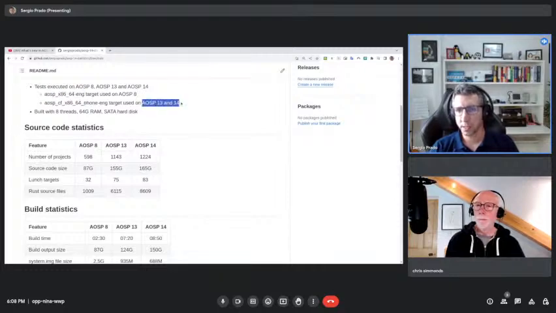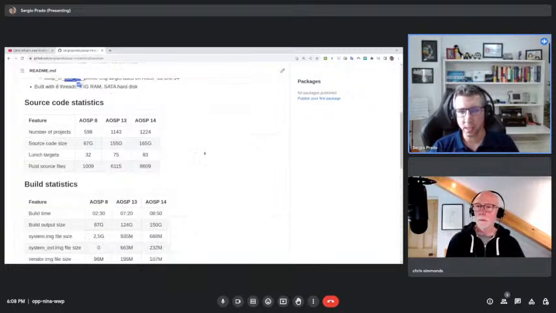But for 13 or 14, I built the Cuttlefish phone build, for 64 bits, x86 64 bits. And those are the statistics, so we can have an idea. One takeaway is